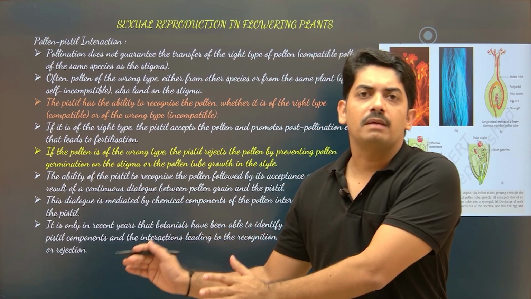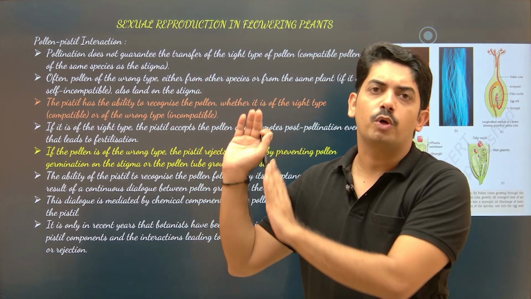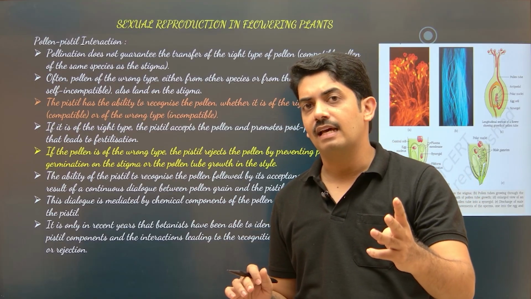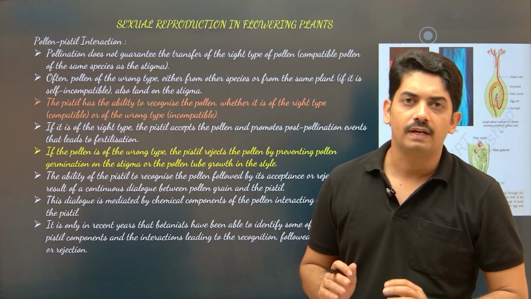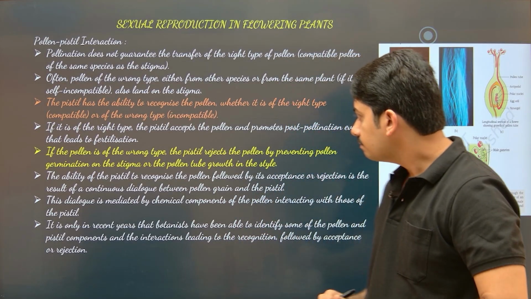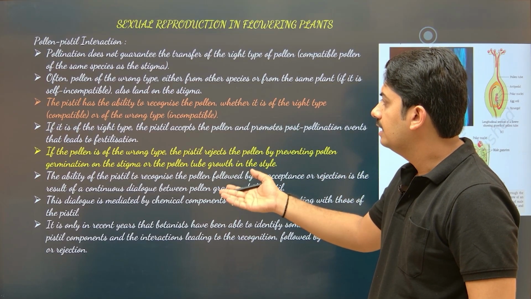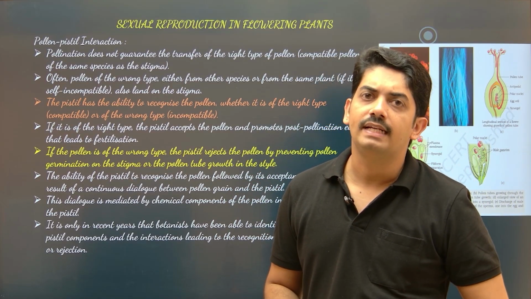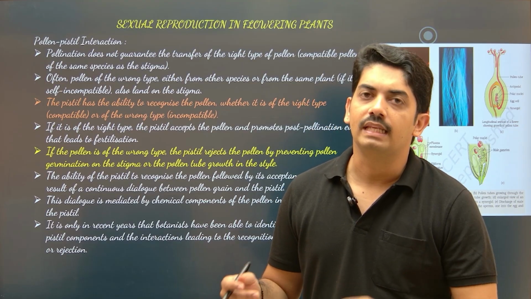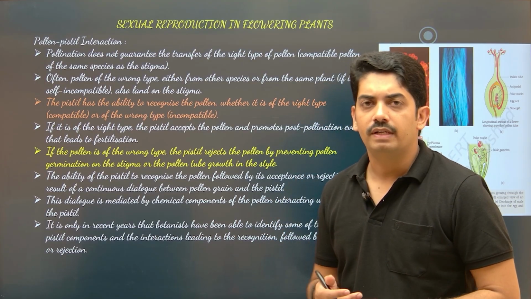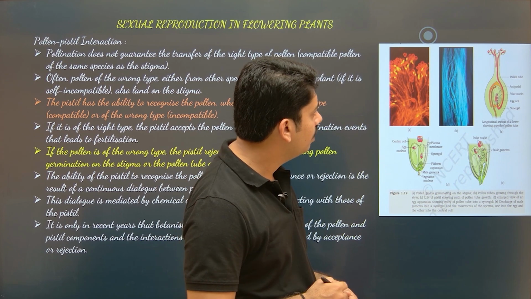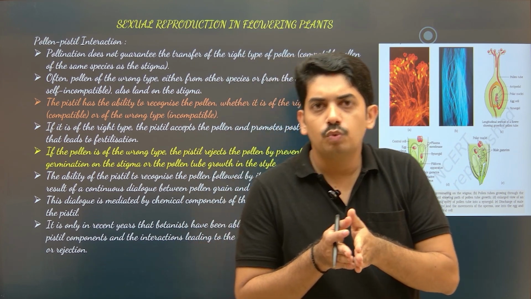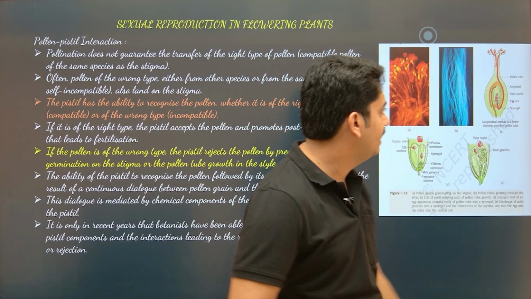The rest of the 40% of the plants already produce the 2 male gametes before the shed. So pollen grains are released at the 3-celled stage in those 40% of the plants. The same thing is explained here. First, the stigma will find out whether it is a compatible pollen or an incompatible pollen, and then allow it to germinate. When pollen tubes are formed, they pass through the tissue of the style and then reach the